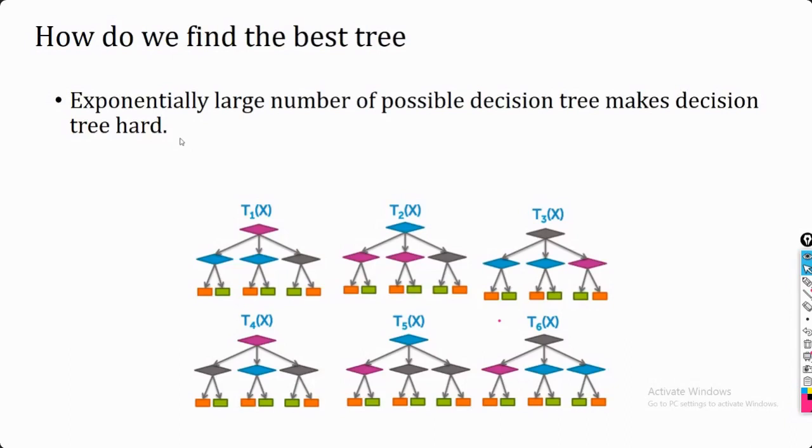So we need some kind of way so that, instead of going for the exponential combination, we can select the best sets of the features, even without going for the exponential combination. That is what we are going to see: how to select the features instead of going for the exponential combination.